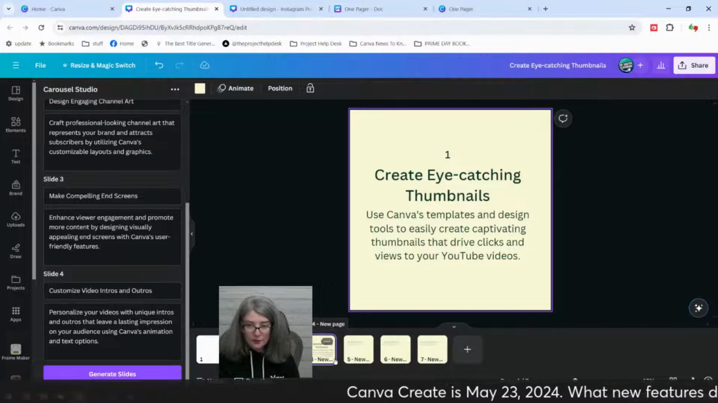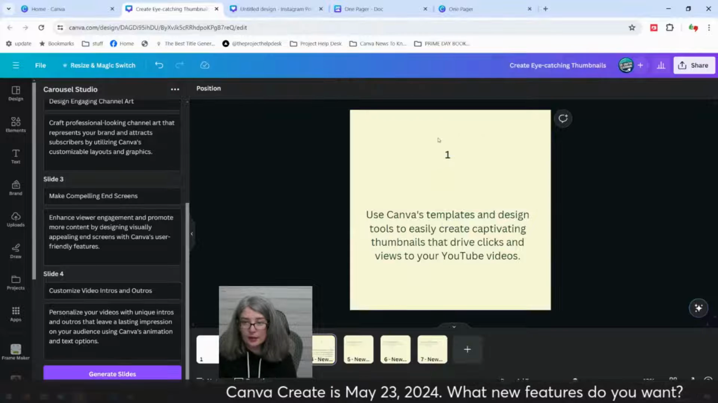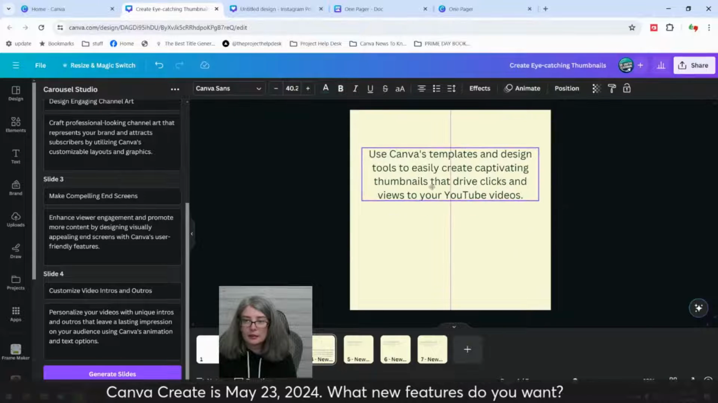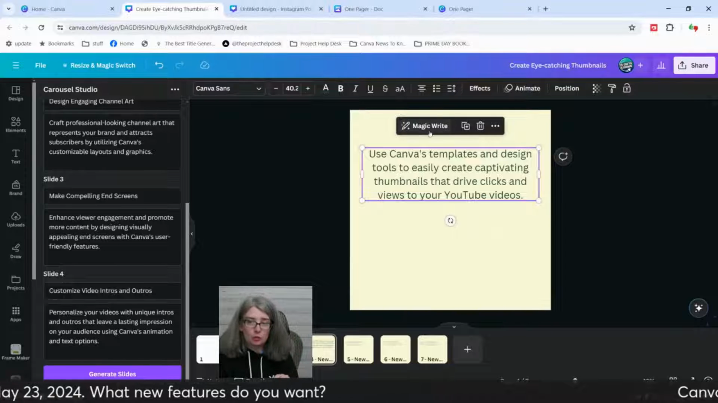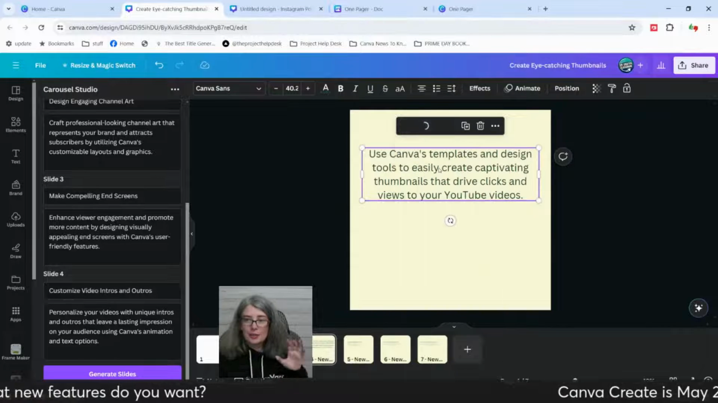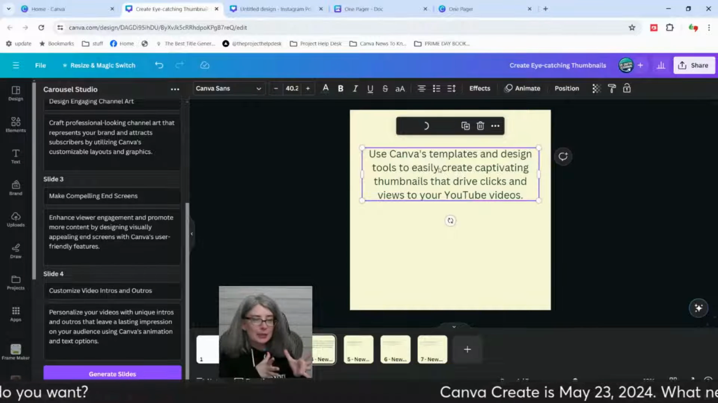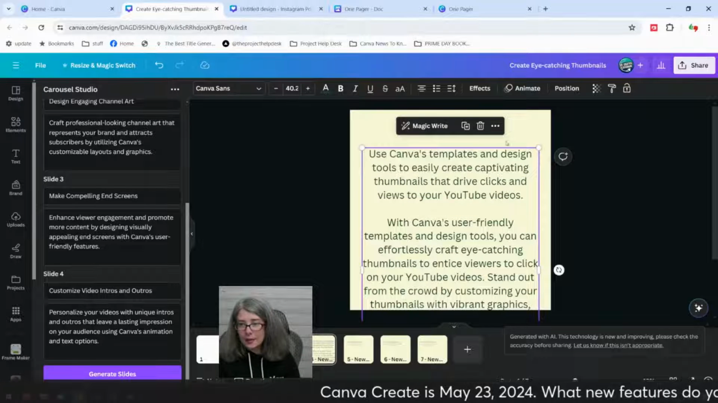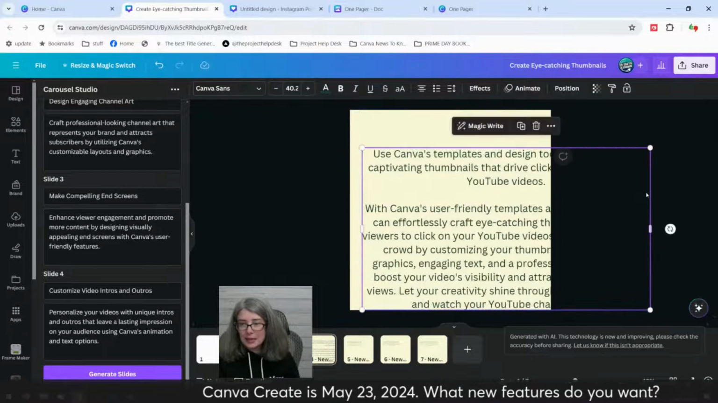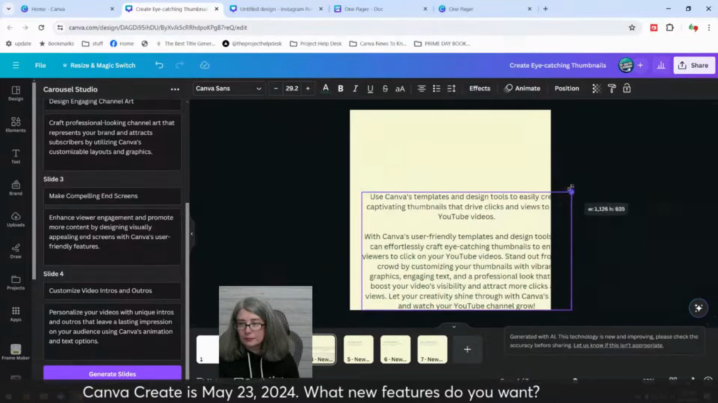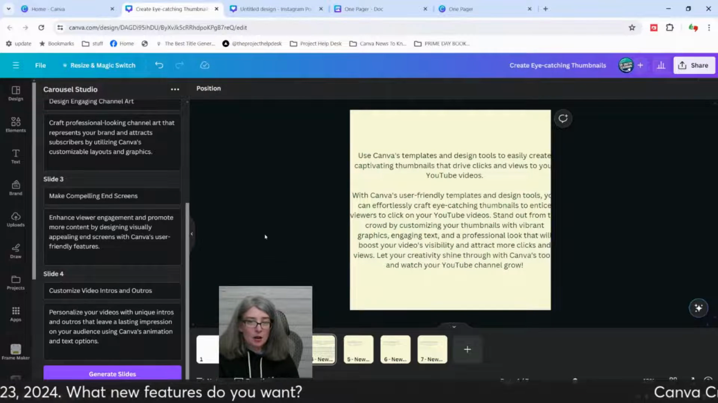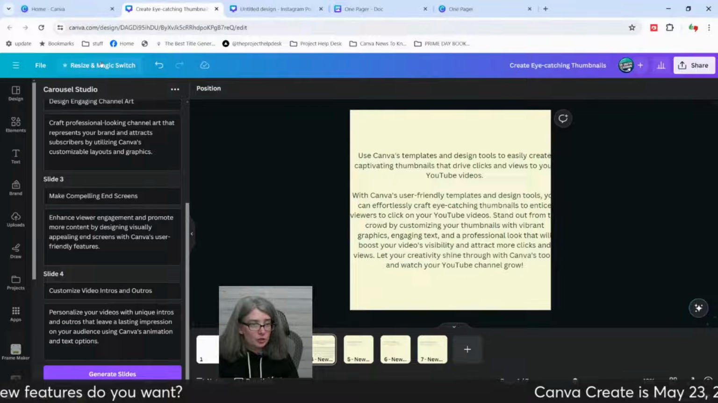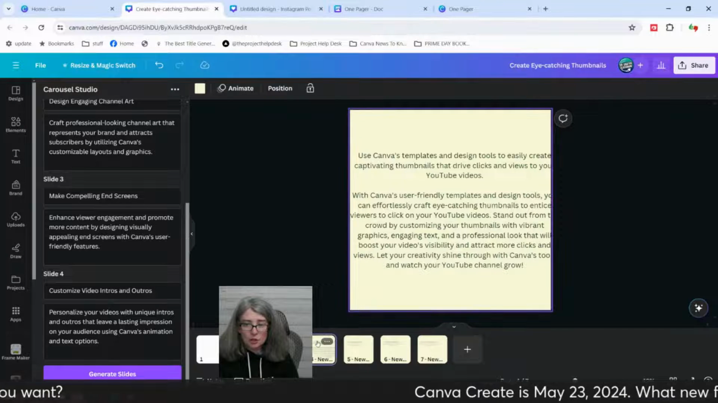What I would love to know, let me get rid of this. I would love to expand that. So I'm going to use Magic Write to continue writing and see what it says. And then it gave me a lot more. I think I want to make this all a little larger. So I'm going to actually